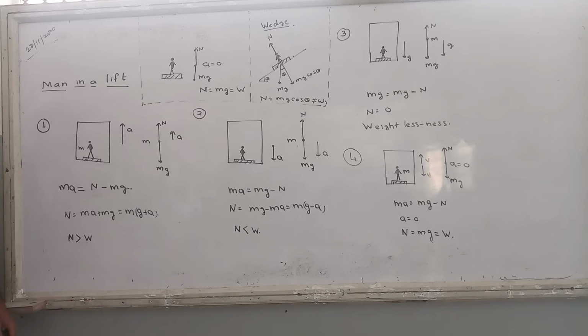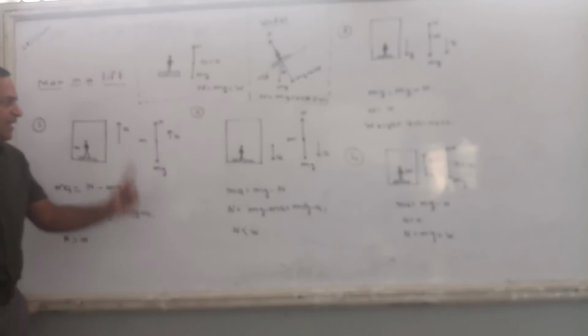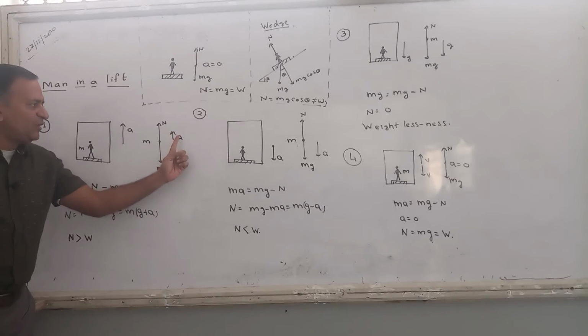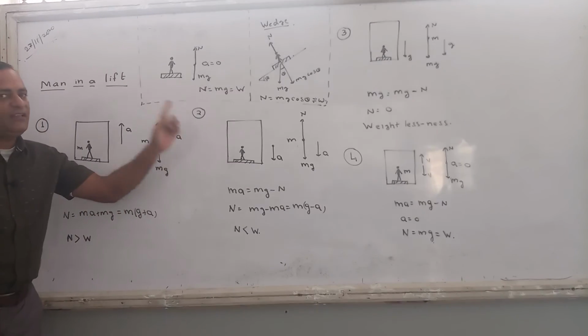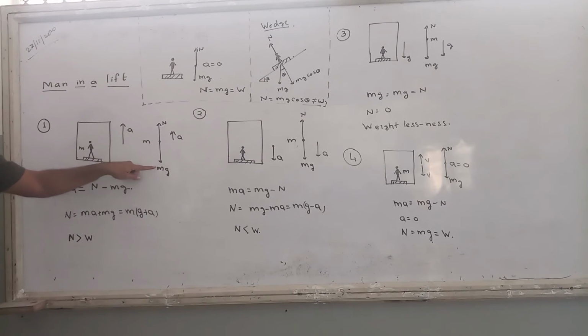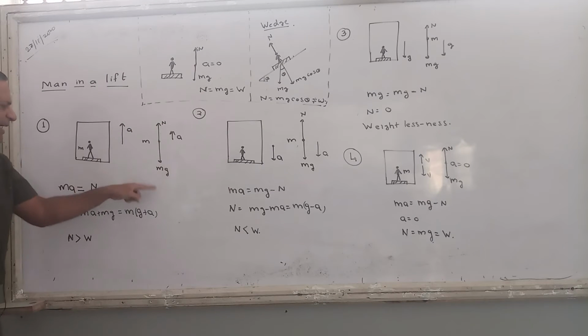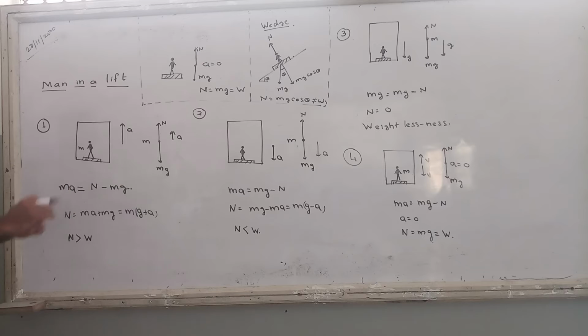ये बन गई equation. फिर से सुनो. If acceleration is in a certain direction, the force will be in the same direction. The resultant force will be in the same direction. The force which is in that direction, उसको positive लेने का. The force which is in the opposite direction, उसको negative लेने का. So this is plus N and minus mg. Okay, very simple. अभी यहाँ से normal reaction force calculate करो. mg goes on the other side, so N becomes ma plus mg. That is m common, g plus a.